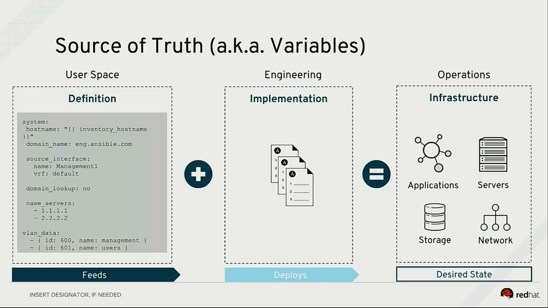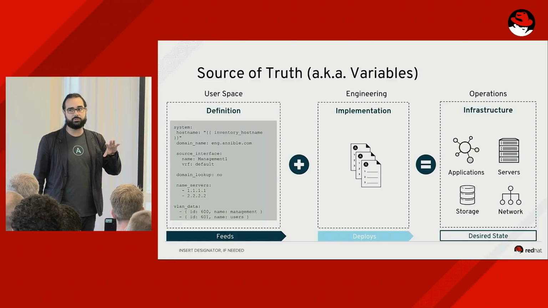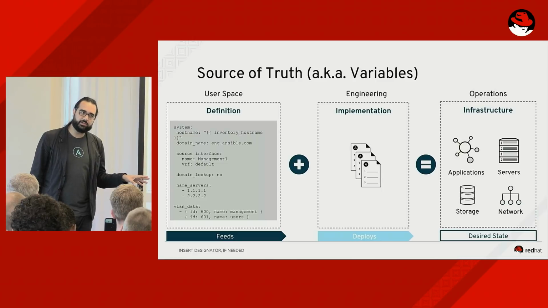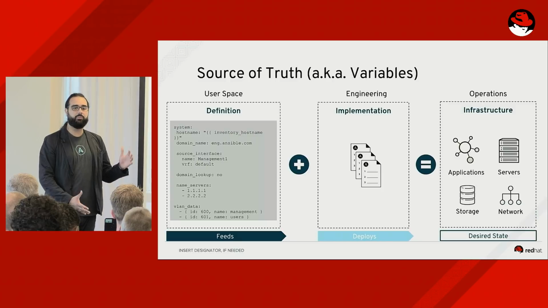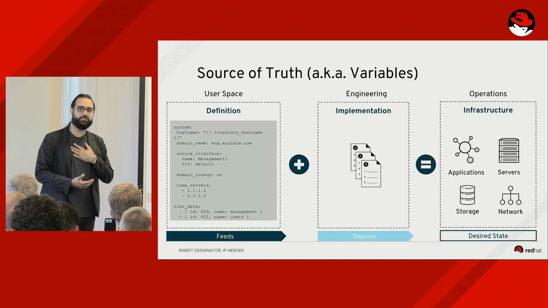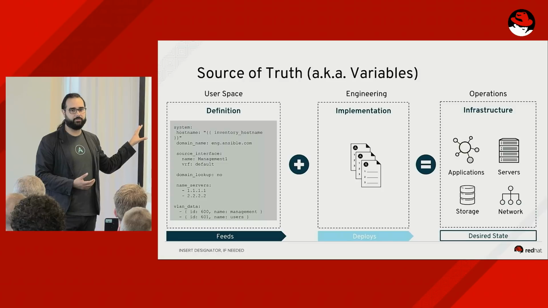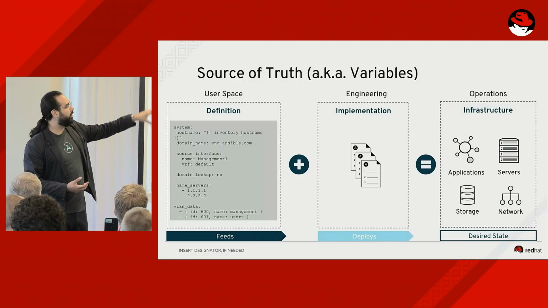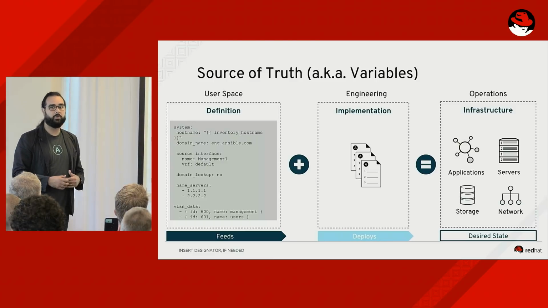So by decoupling these, you have the definition, which goes in the inventory. You have different places where you can define Ansible variables. You can define them in the playbook itself. You can have a file with the variables and values, or you can put the variables in the inventory. That's the way I personally like to do it: have the values and the variables at the inventory level. At another level, I have the implementation, which is basically the roles or the different playbooks